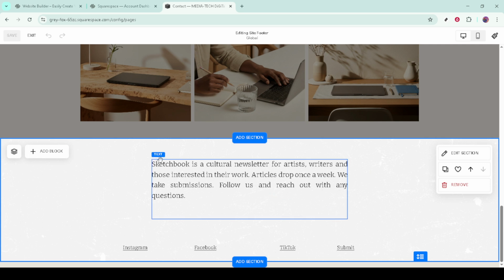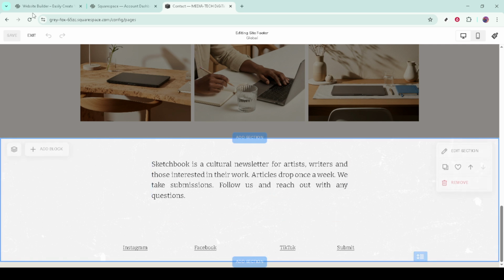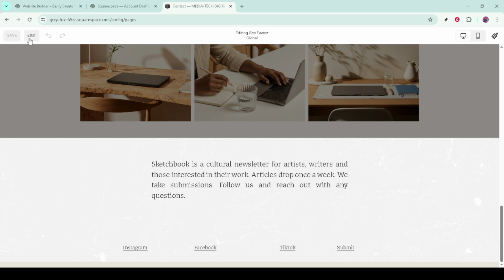That's it. You've added a link to your Squarespace navigation quickly and cleanly using the built-in tools designed for both